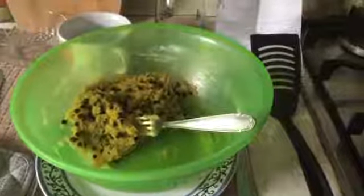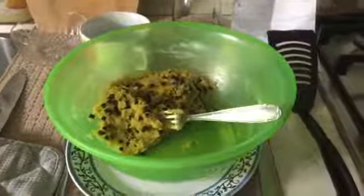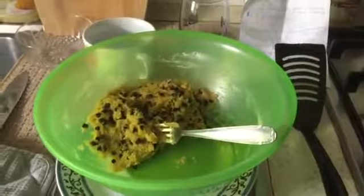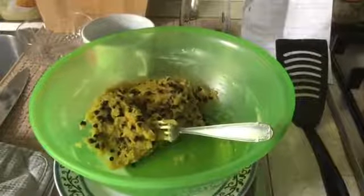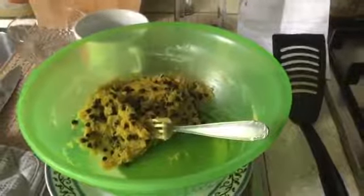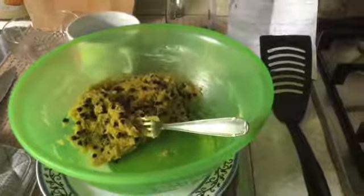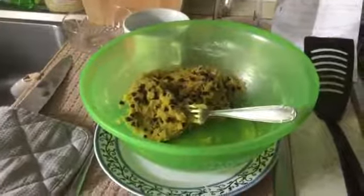It is 1 stick of butter, 3/4 cup of brown sugar, 3/4 cup of sugar, 2 large eggs, 1 teaspoon of vanilla extract if possible, 1 12-ounce bag of chocolate chips, 2 1/4 cups of flour, 1 teaspoon of baking soda, and 1 teaspoon of salt. Blend that all together. When it's well mixed,